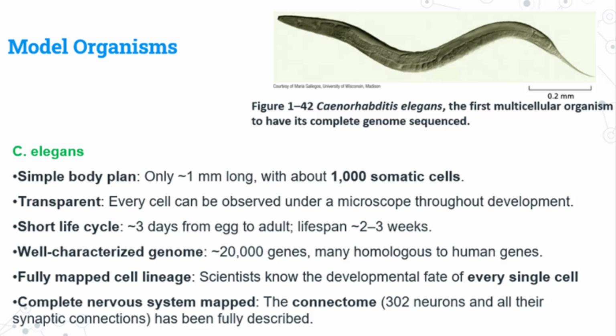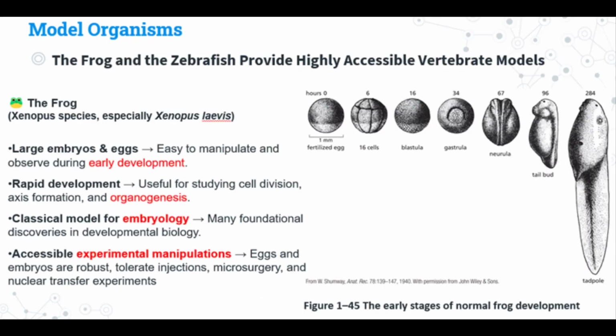Okay, let's level up again then to vertebrates, obviously closer to humans in evolutionary terms. We know that the frog and the zebrafish provide highly accessible vertebrate models. What unique advantages do these two offer? Well, these two models offer distinct advantages for studying vertebrate development. They effectively bridge the gap between that invertebrate simplicity we just talked about and mammalian complexity. They let us study processes like how organs form, how complex nervous systems develop, all in a more human-like context,